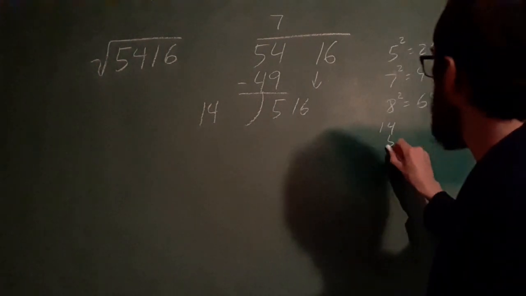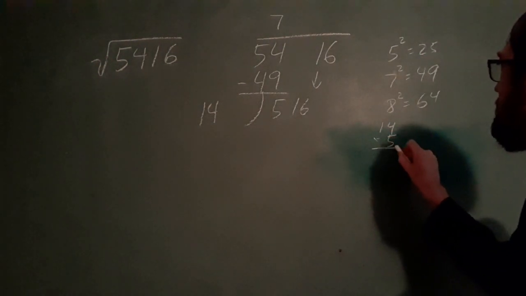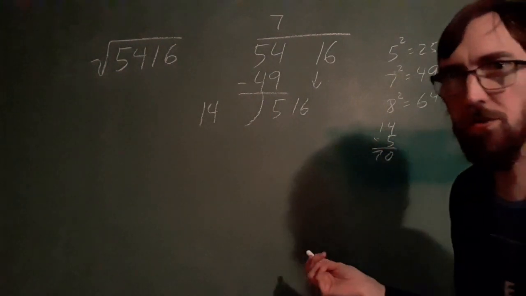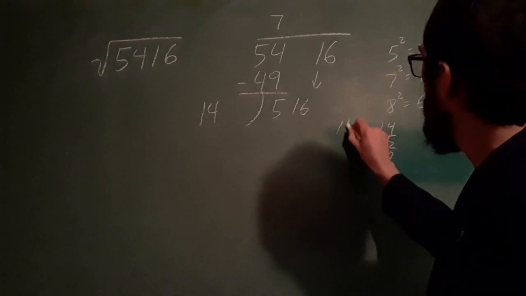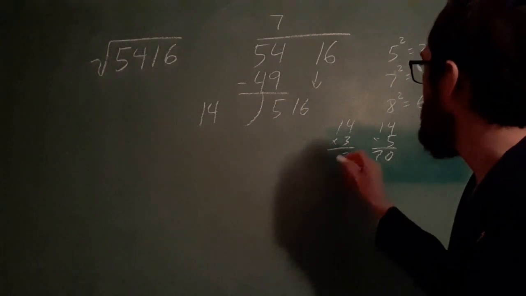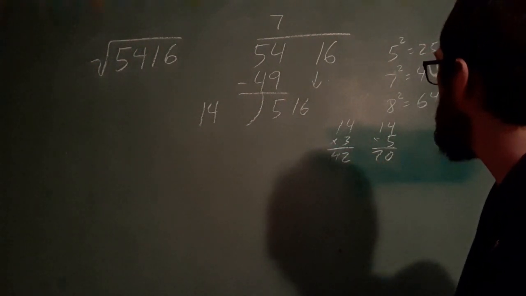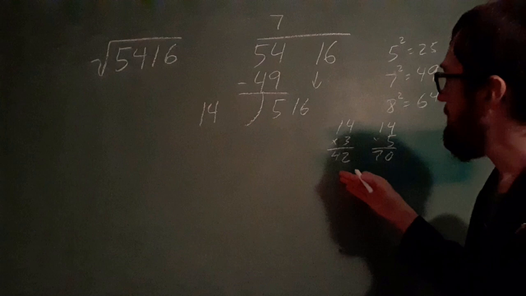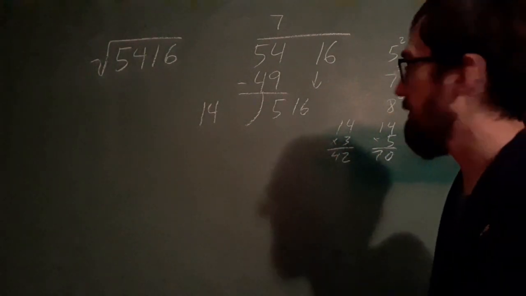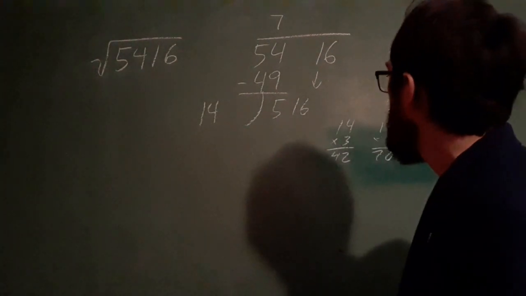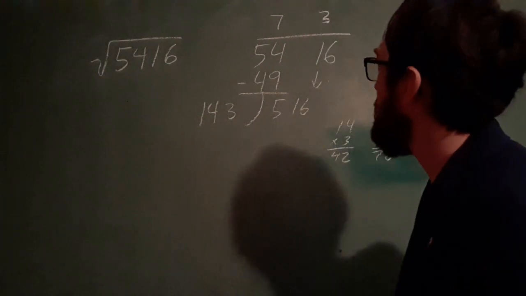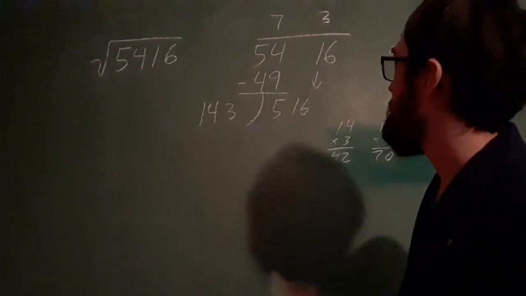If we do 14 times 5, we get a 0 here, and we get 70 there, so 5's too big. 14 times 3, we get 2, and then 4, we get a 42. If you add 14 to that, you see that's going to be bigger than 51, so this is the number that we need to land at. So 3 is going here, 3 is going here, and then if we multiply this by 3,